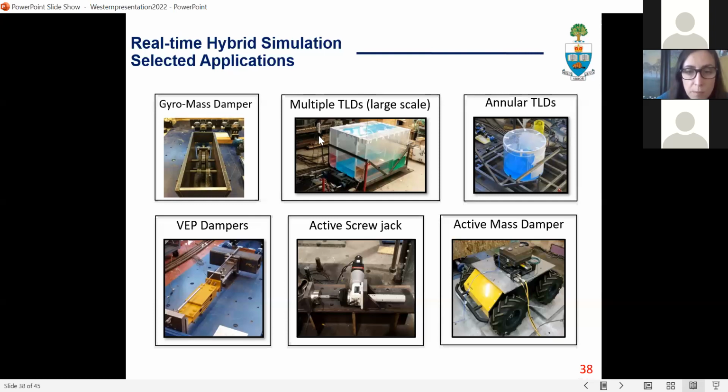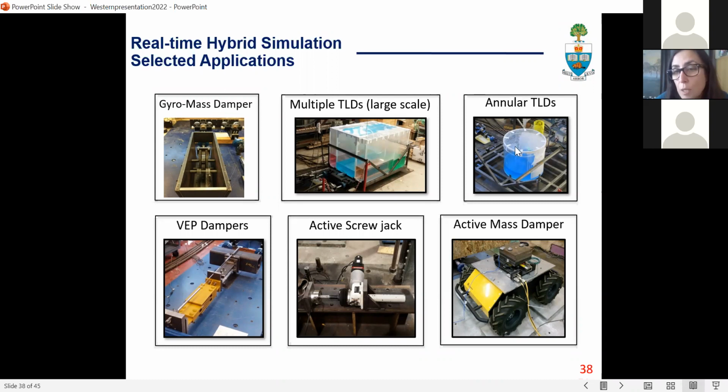These are tuned liquid dampers. A small scale version of it was tested by using the Quanser shake table real-time hybrid simulator that we developed and I showed earlier. These are the large scale ones. This one is a multiple tuned liquid damper. It has 5 compartments. The idea is to tune the water level in the largest compartment, the blue one, to the first mode of vibration, the side ones to the second mode of vibration, and the back ones to the third mode of vibration. And we were able to show experimentally that it is possible to control multiple modes of vibration using this type of